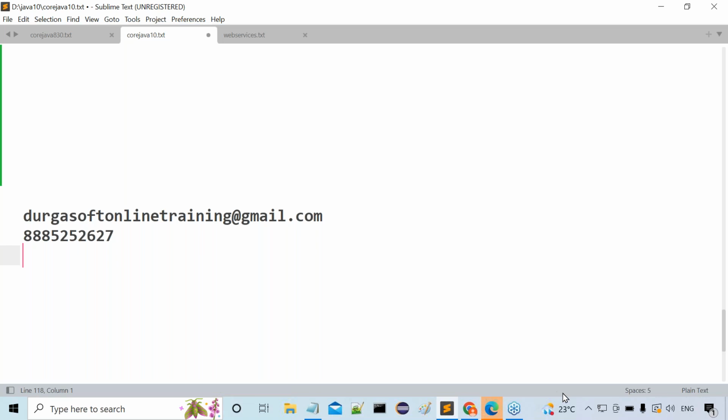When the DevOps classes are going to start, I will differentiate AWS and DevOps. AWS is totally a cloud platform, but DevOps is the tools to automate all the process of this testing and everything, right?